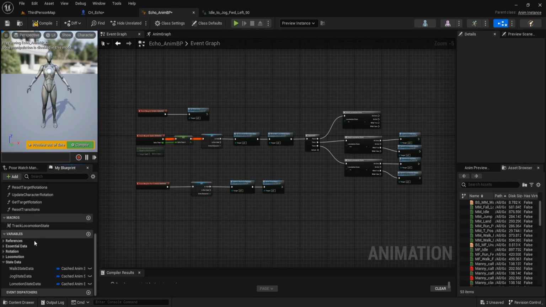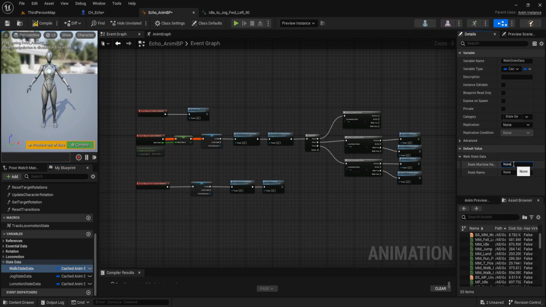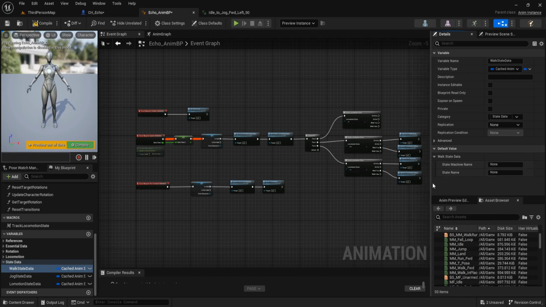And for walk state data, the state machine name is locomotion and state name is walk. And jog state data, the state machine name is locomotion and state name is jog.